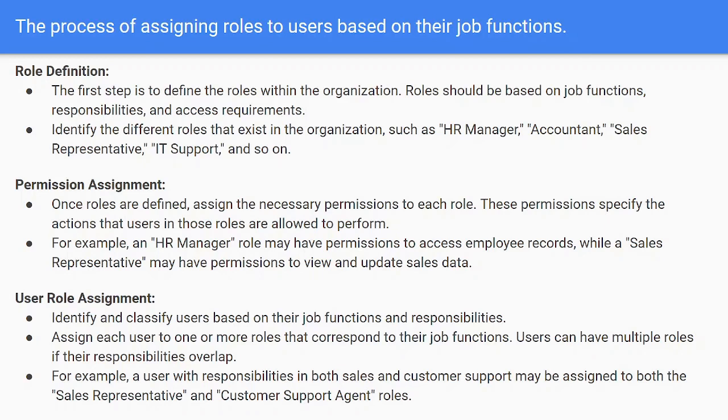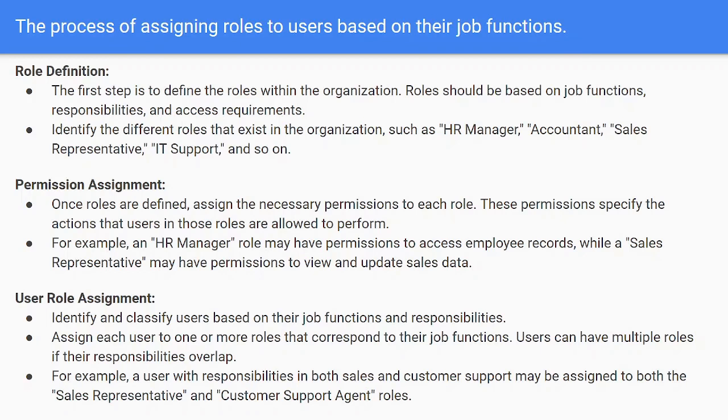It's only if they are juggling two different jobs or JDs that you can now give them the permission to do that, or add them to the role of a sales representative. So the next point is user assignment. Identify and classify users based on their job description. Assign each user to one or more roles that correspond to their job description. Users can have multiple roles if their